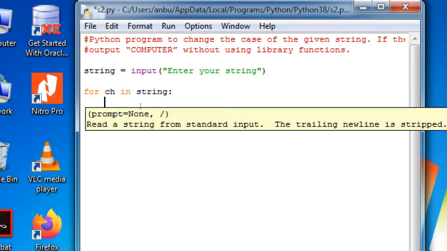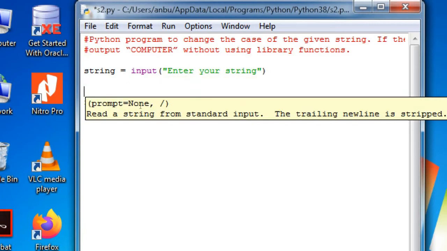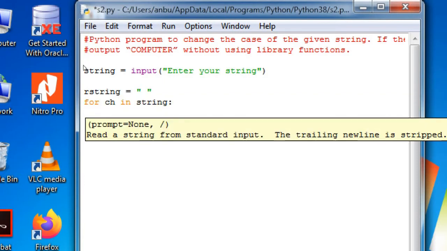What I'm going to do here is, let me now introduce a resultant string for storing the result. So it should be rstring. I'm going to name this rstring. rstring is equal to an empty string. So this string will be grown as and when every character of this original string is checked or converted from lowercase to uppercase. So what I'm going to do here is I'm going to have a temporary variable called code, which is going to store the corresponding ASCII code of a particular character, or the current character.